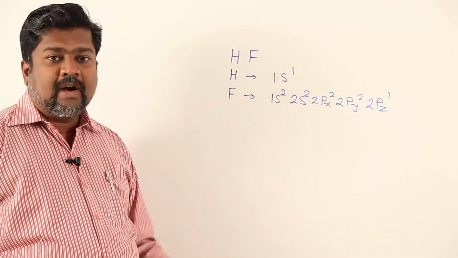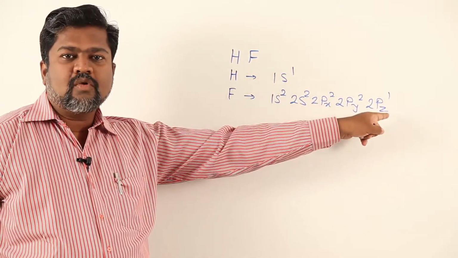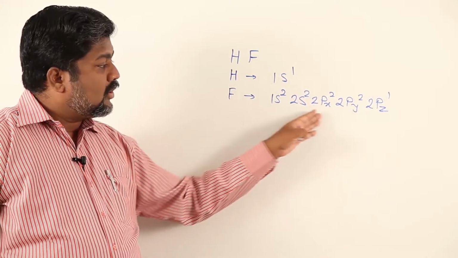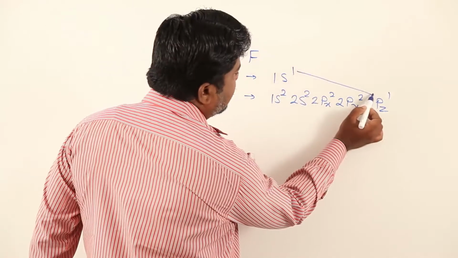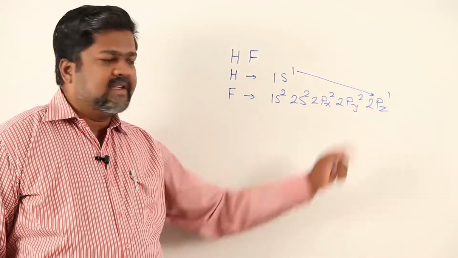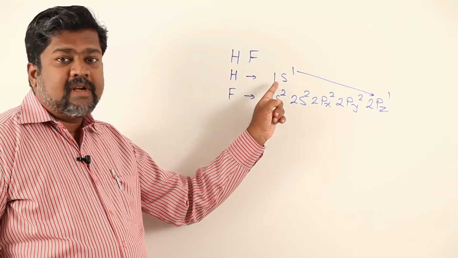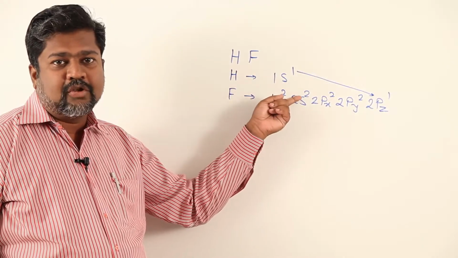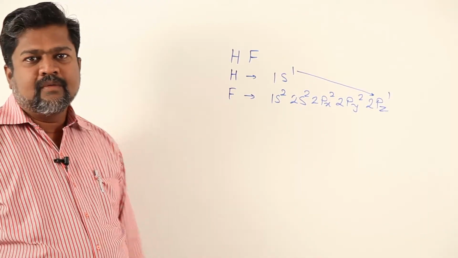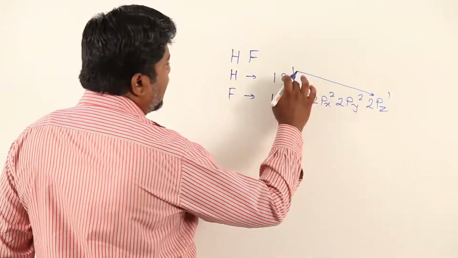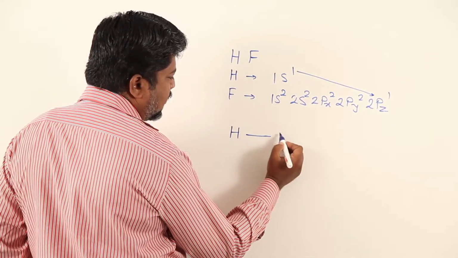can donate this electron to hydrogen, so that hydrogen will acquire 1s2, whereas this will lose an electron, but by losing only 1 electron, the octet will not complete here. So this tendency is not possible. Another tendency is possible, that fluorine will try to acquire this electron, but then hydrogen will get less number of electrons, that is 0 actually. So hydrogen will not allow this. So they are going to share 1 electron each, and by sharing we get a bond between hydrogen and fluorine.